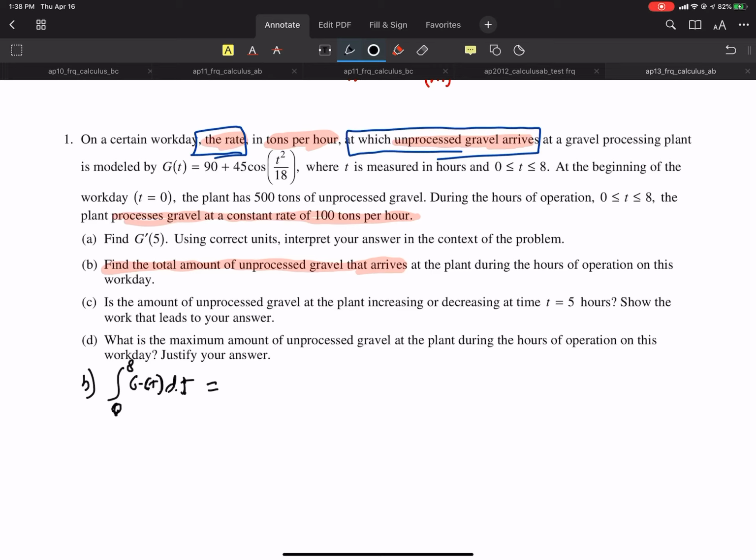That gives us how much gravel has arrived. So simply put that in your calculator. You're going to do math 9. You're going to integrate from 0 to 8. Your function will be y1. We've already put that in our calculator. And so I get an answer of 825.551. And we're done. That's part B. Part C